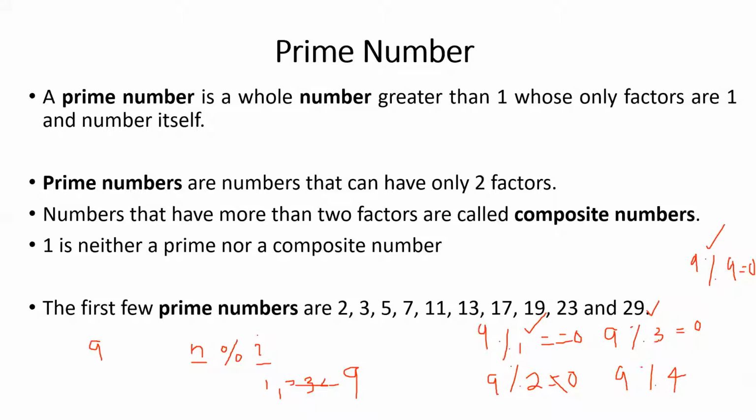Understood? So if you want to still reduce the length of the code, we can avoid dividing by 1 and avoid dividing by the same number. Then how to check whether it is a prime number? Prime numbers will have only 2 factors. If I am avoiding those, then if that number is having at least 1 factor apart from 1 and the same number, it is not a prime number.